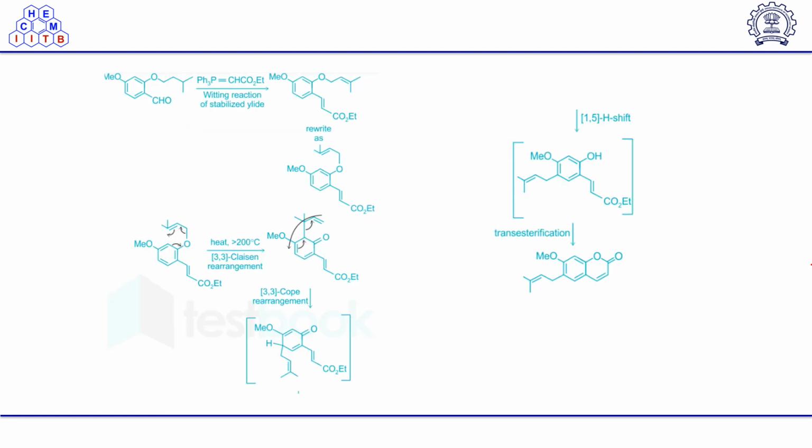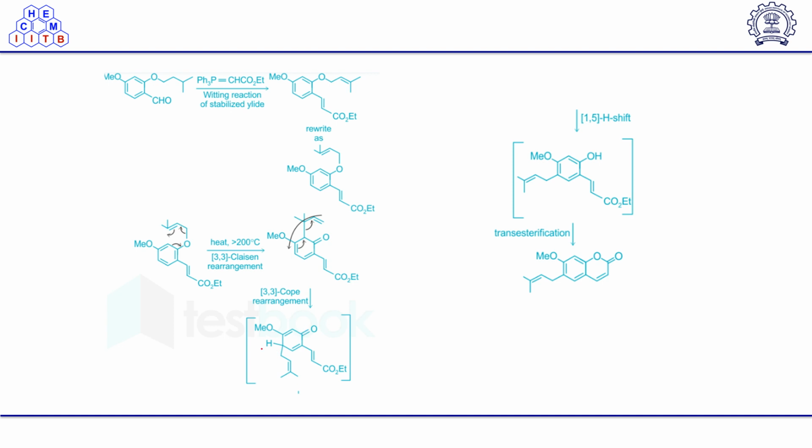So here the correct answer is, first a Wittig reaction is taking place. Since it is a stabilized ylide, E will be the major product. We will get this, which can be rewritten as this one. And then under heating condition, it will undergo 3,3 sigmatropic rearrangement, that is Claisen rearrangement, and we will get this product. Then again, it can undergo this 3,3 Cope rearrangement to give this intermediate,